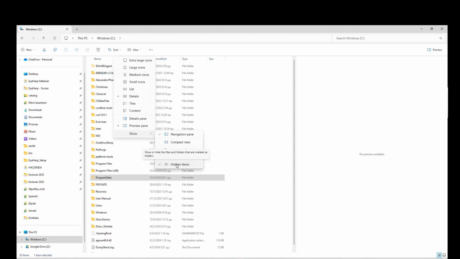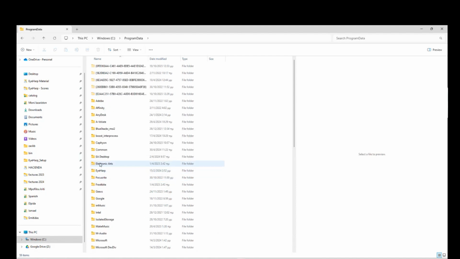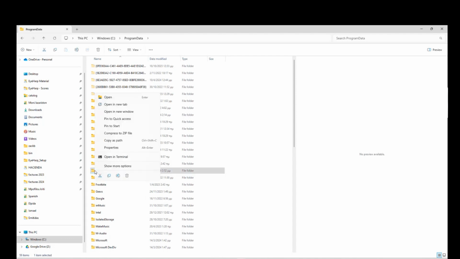All right. If this is enabled, it's also good to have Show File Name Extensions for what we will do in the process of creating scores. So activate these two, and then enter the ProgramData folder. Inside this folder, you will find an Eyeharp folder. What we want to do is give access to ourselves, the users of the computer, to modify and create new files in this folder. So to do this, we go to Properties,